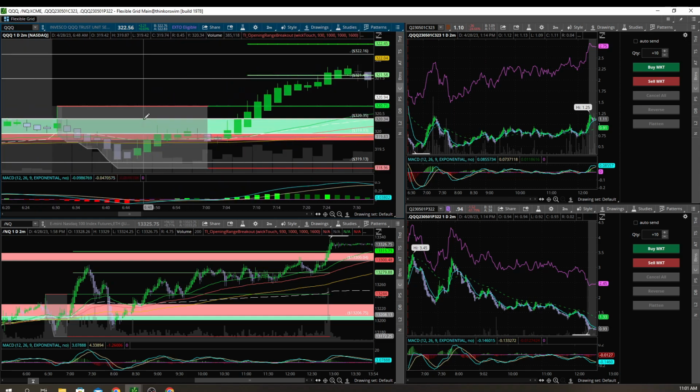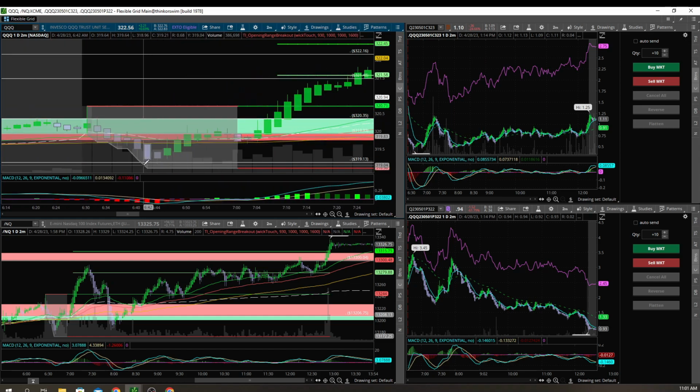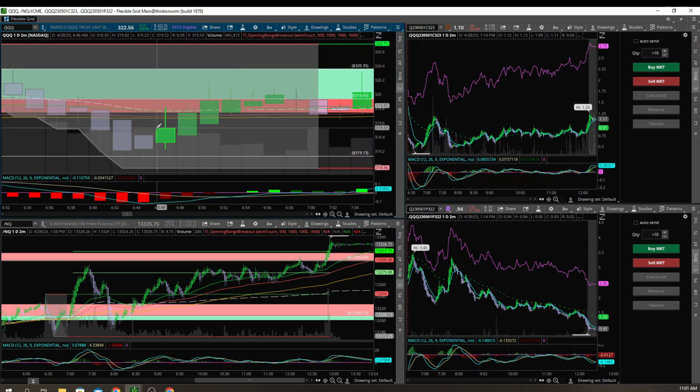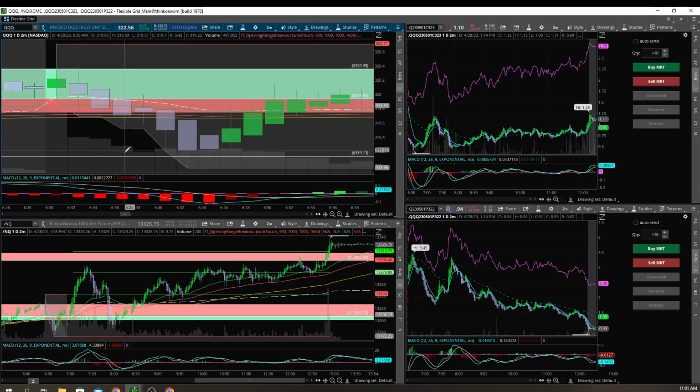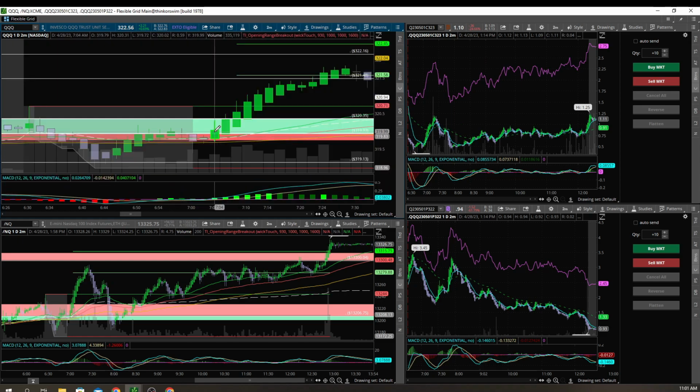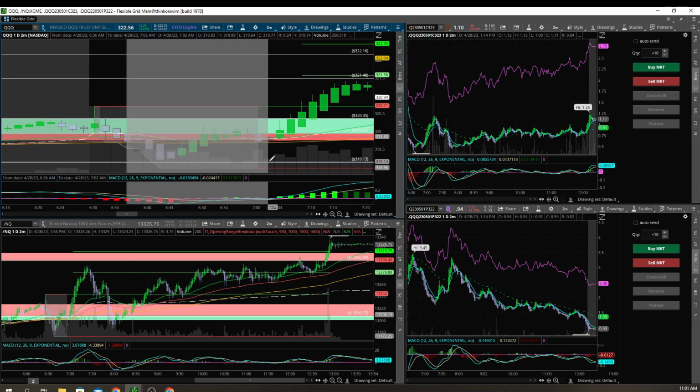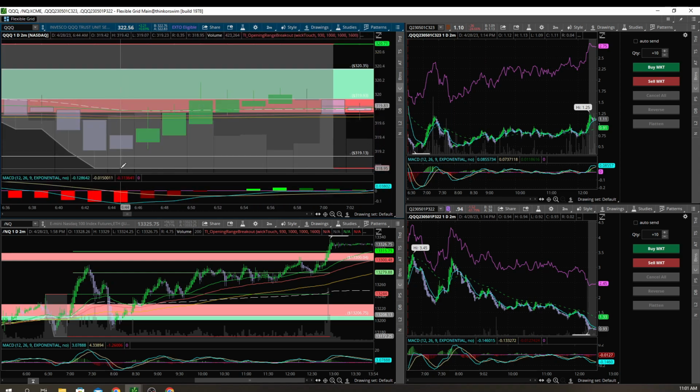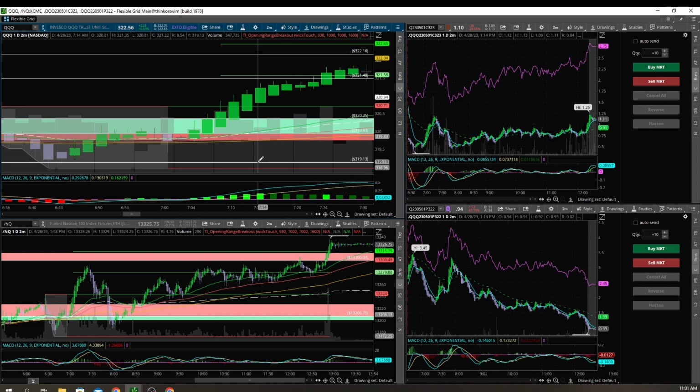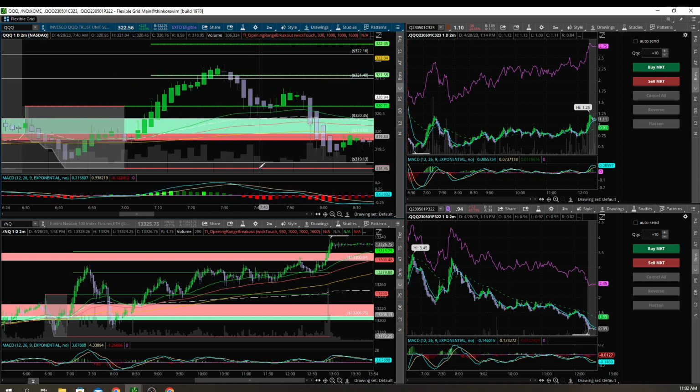Initially, what I would have liked to do going into Friday was take a trade around here. As soon as I saw this support zone, I should have realized that it's not going to go back down under too much more. Even though it did break, it did not hold below. So it came right back up. And that 319.13 is where I had support marked, and we really should have taken an entry there.